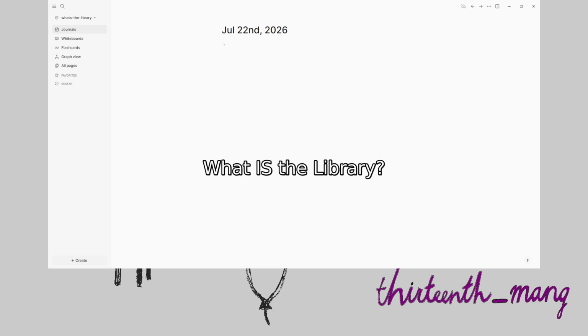What is the library in the database version of Logseq? This is the first I've heard of it, so let's explore it together. And as always, I'm going to go through how I assume it's relating to the Markdown version. So I'll run you through what I think the Markdown version equivalent might be, and then we'll go explore what it